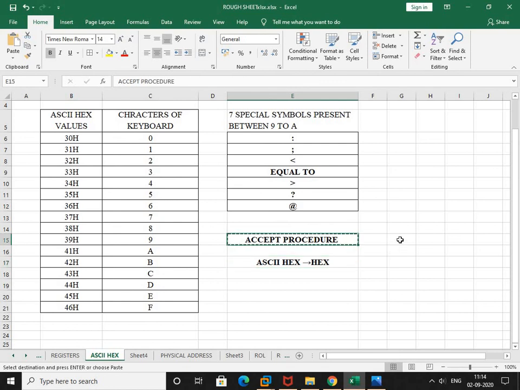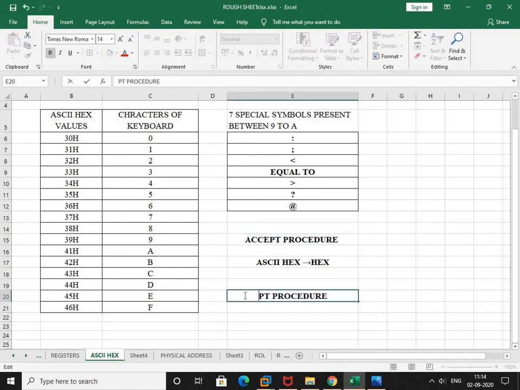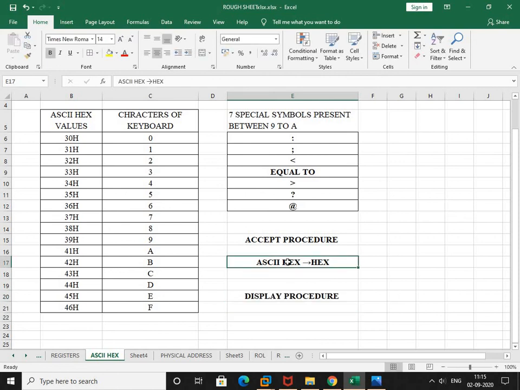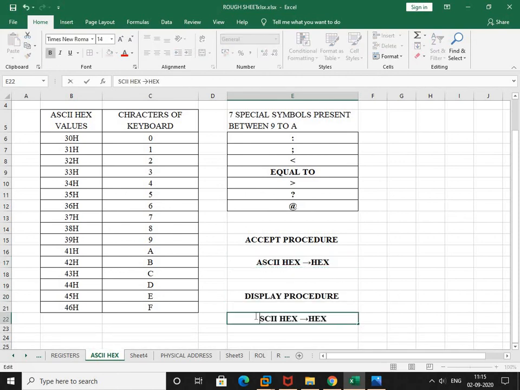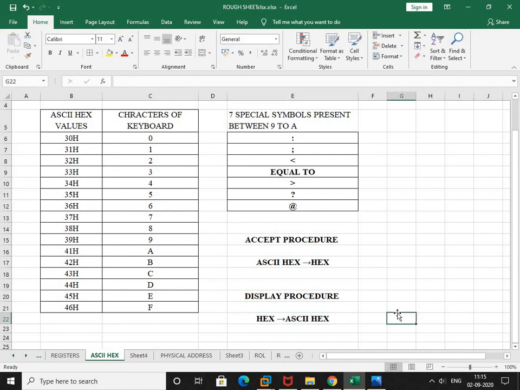Now, for the display procedure, we are going to do the reverse thing. That is, we are going to convert a hex value which is present in the register into ASCII hex so that it will get displayed on the screen, right?